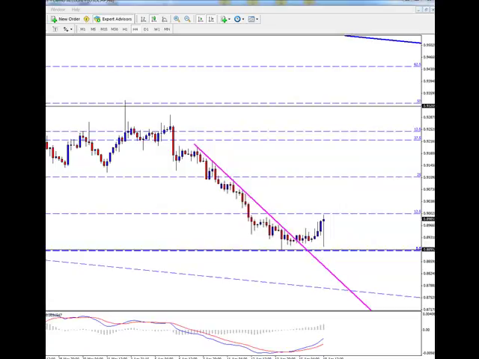Okay, on the 4-hour, again we've had a swing low there and there, so we're sort of making a double bottom by roughly that level out there. Sort of confirms the double bottom. What I would like to see here is